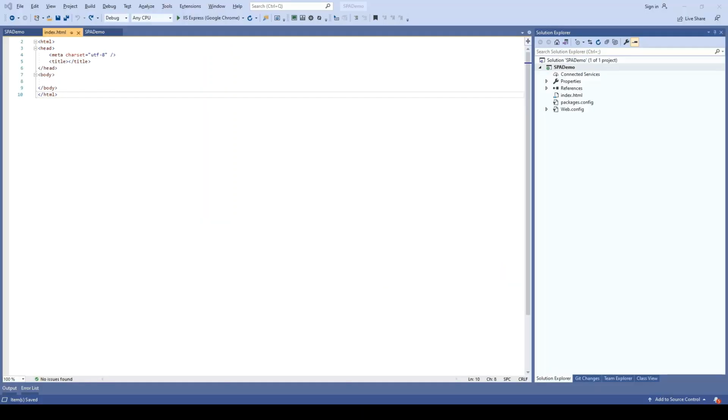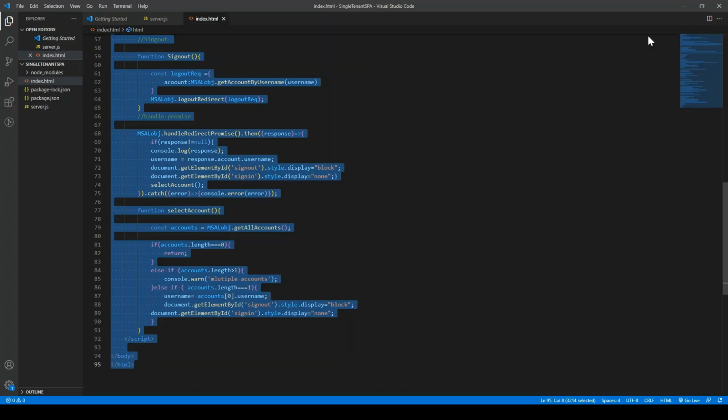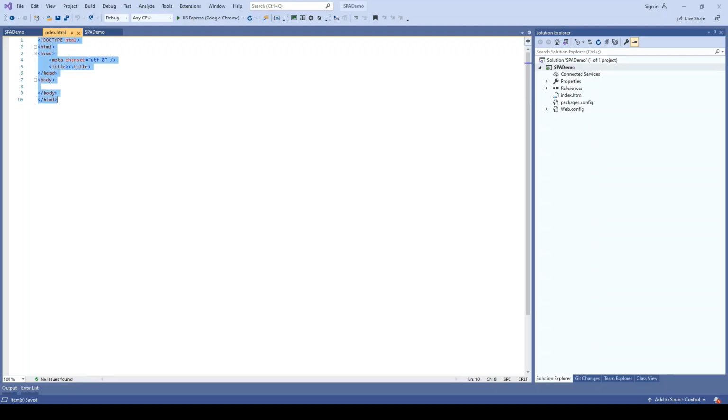Cool. Now let's just see how it will work in Visual Studio. So what I have done, I have created an empty project and I have just added the index.html file. What I'll do, I'll just copy and paste everything from VS Code to this particular place.